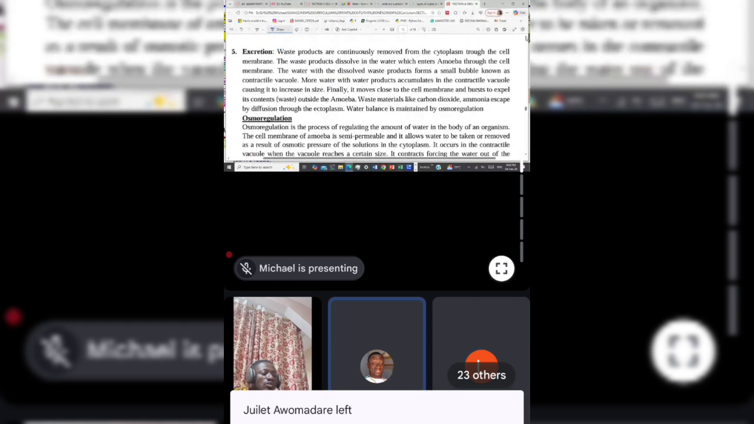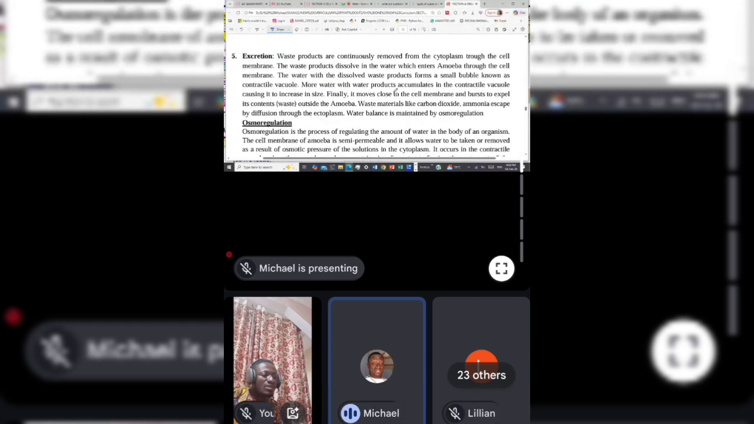So finally, the more water products accumulate in the contractile vacuole, the more it increases in size. When it becomes too big, it moves close to the cell membrane and it will burst. So once it bursts, it expels its content outside the amoeba. Waste material like carbon dioxide and ammonia escape by simple diffusion through the cytoplasm to the ectoplasm, and water balance is